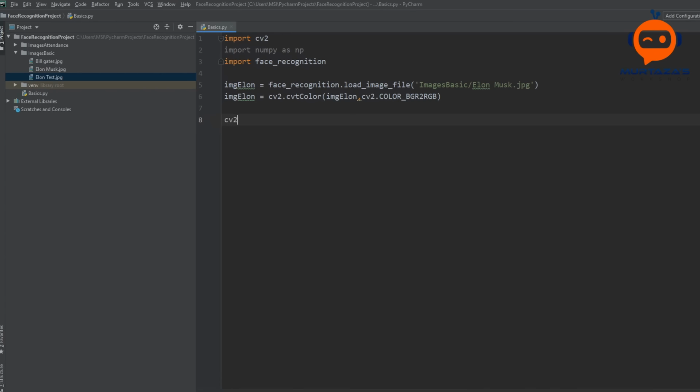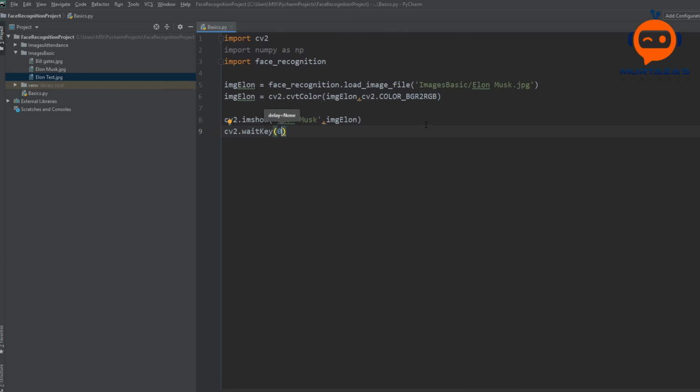Then we can write cv2.imshow, and we will give it a name. So we will say Elon Musk, and then we will write imgElon, and we will write cv2.waitKey, and we will give a delay of 0.